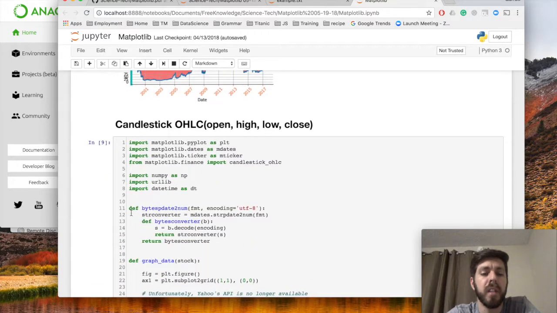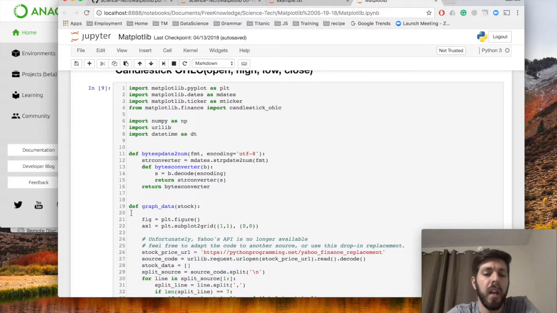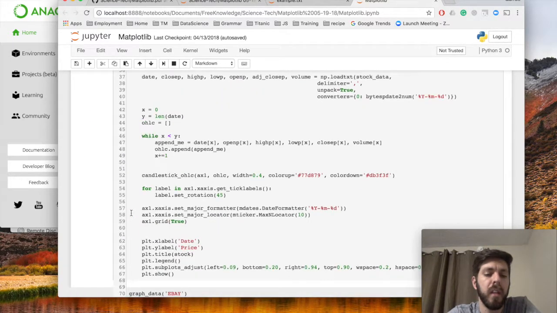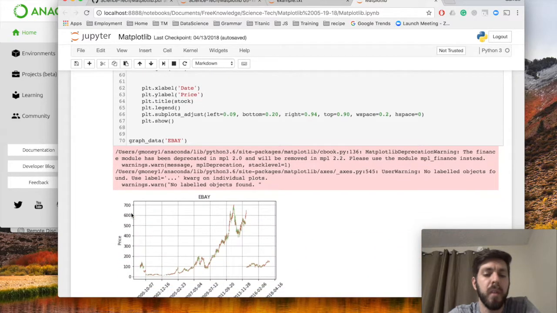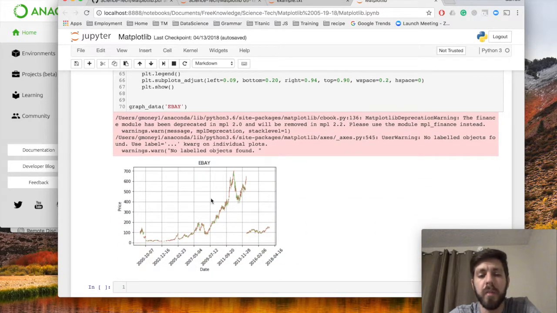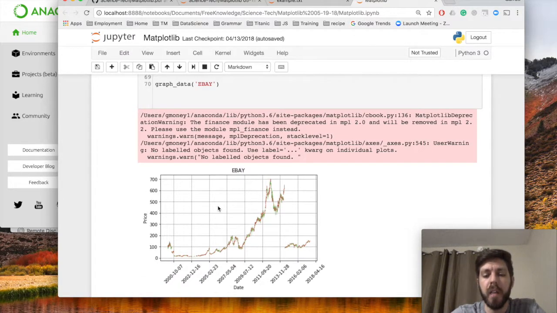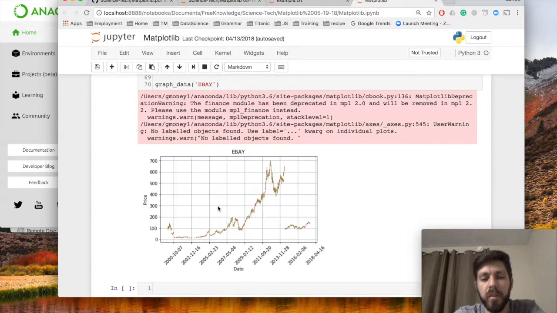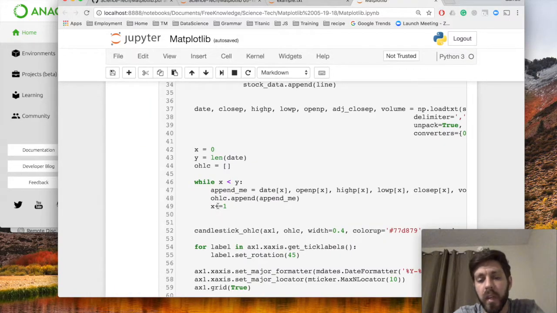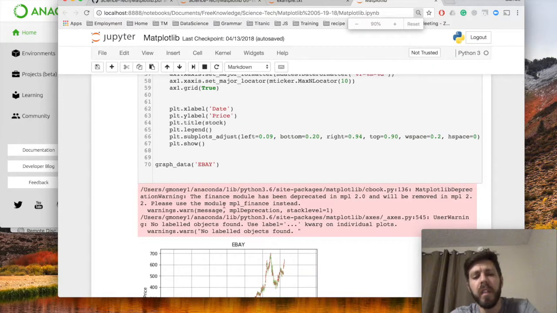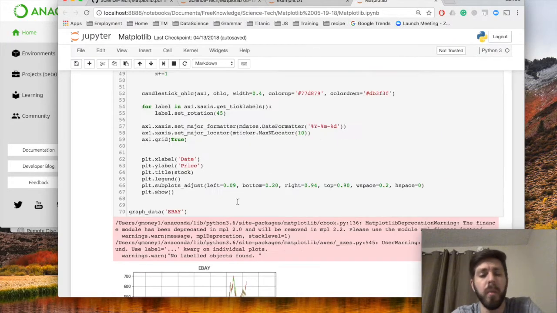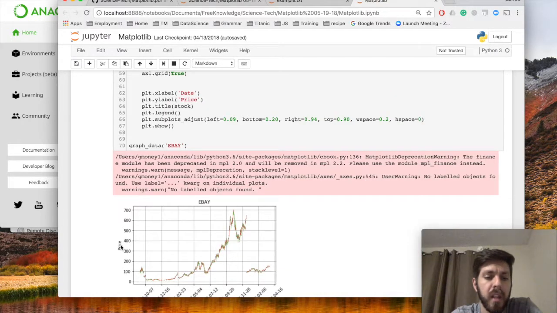Okay, here's a candlestick that I talked about, and I'll show it to you really quickly. The one disadvantage with Jupyter Notebook is I really can't zoom in. I mean, you could zoom in with the browser, but I really want to zoom into a week, for example, and it's not going to give you that view. So you have to use something like PyCharm or IDLE to give you that view. But if you could see that, the nice thing about